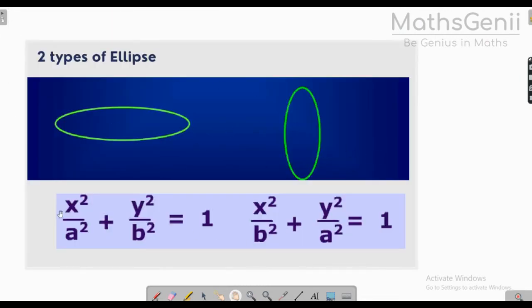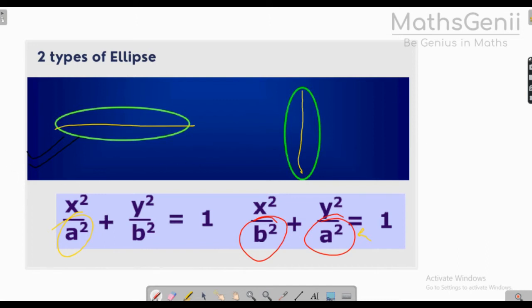Okay, now this is a more generalized formula for horizontal ellipse. This is the formula. And for vertical ellipse, now you see the change. That is the most important thing. For vertical ellipse, the formula changes: x square's denominator becomes b square plus y square upon a square. In the horizontal ellipse, the major axis is this, so a is here. In case of vertical, the major axis is this, so a is for the y axis. So these are the two equations of the ellipse.